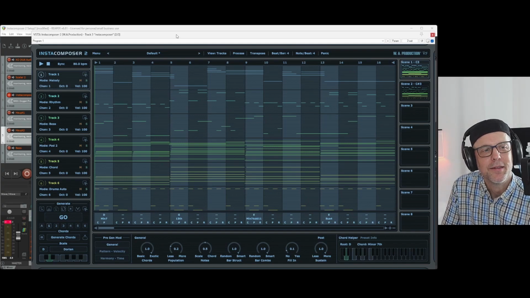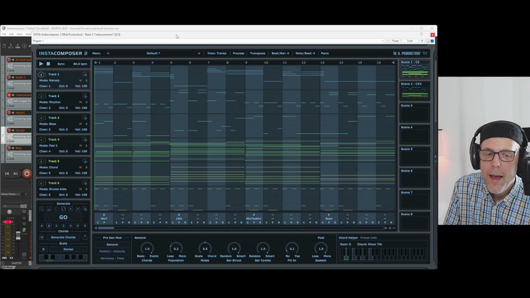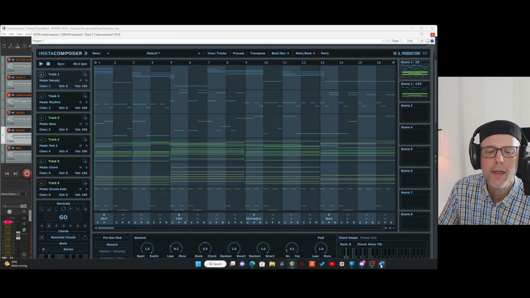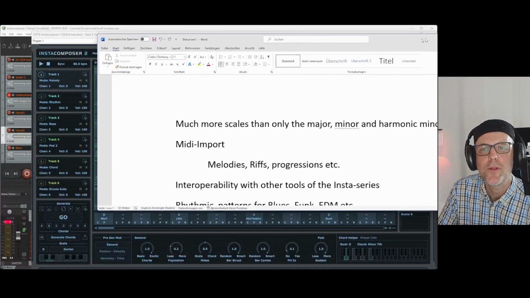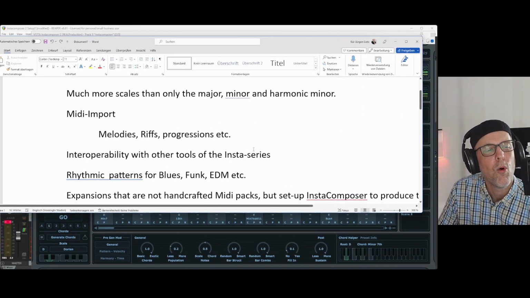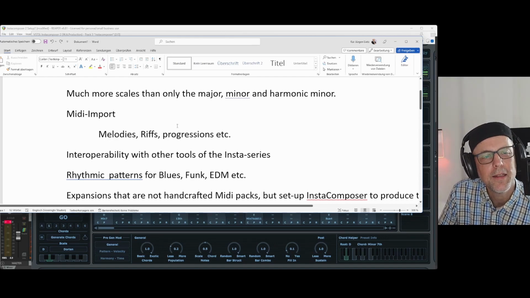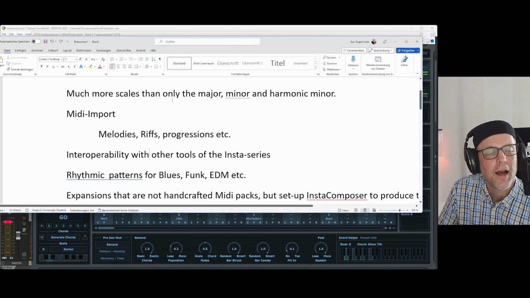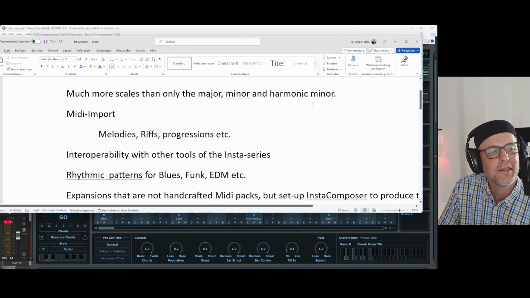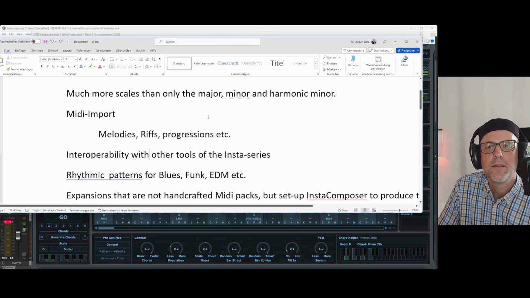I'm really excited to have this new version, but there is also room for improvement. When I saw Instacomposer the first time, I thought there must be more in it, and my list was I need many more scales than only major, minor and harmonic minor, and they addressed that. That is really great. But what we don't have is MIDI import, so that you can just use MIDI that you created in your DAW or in other tools